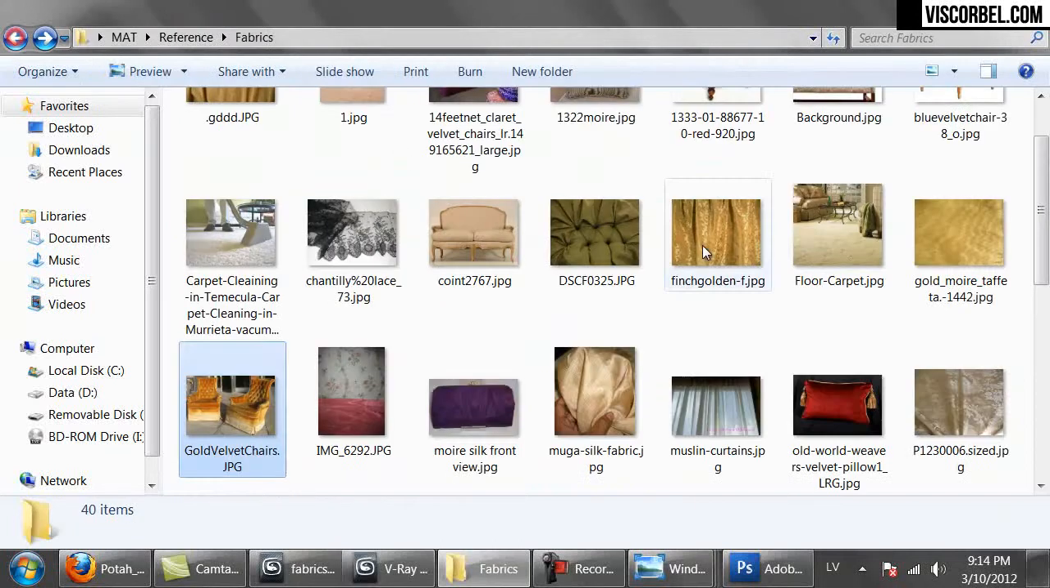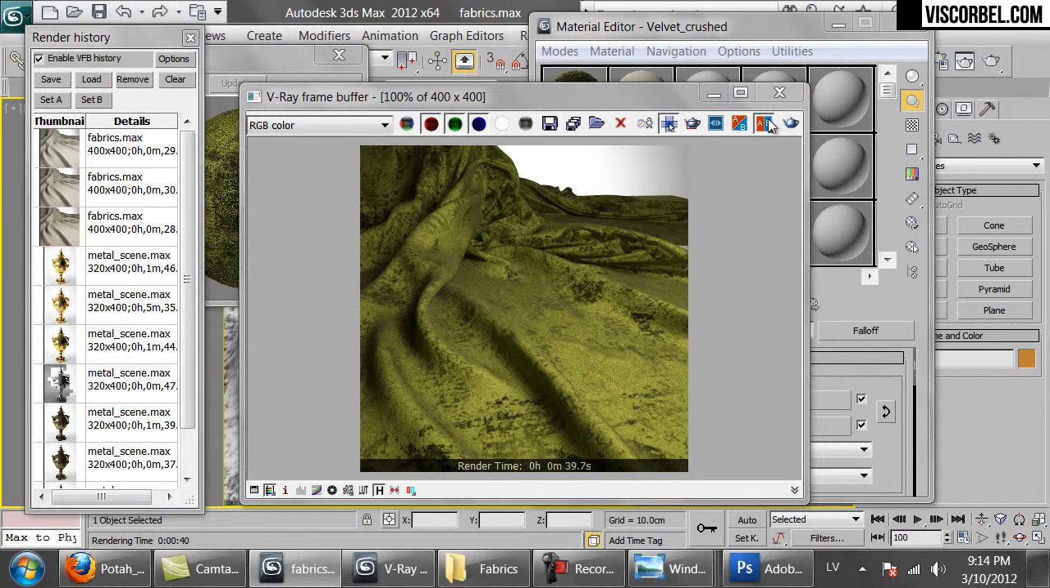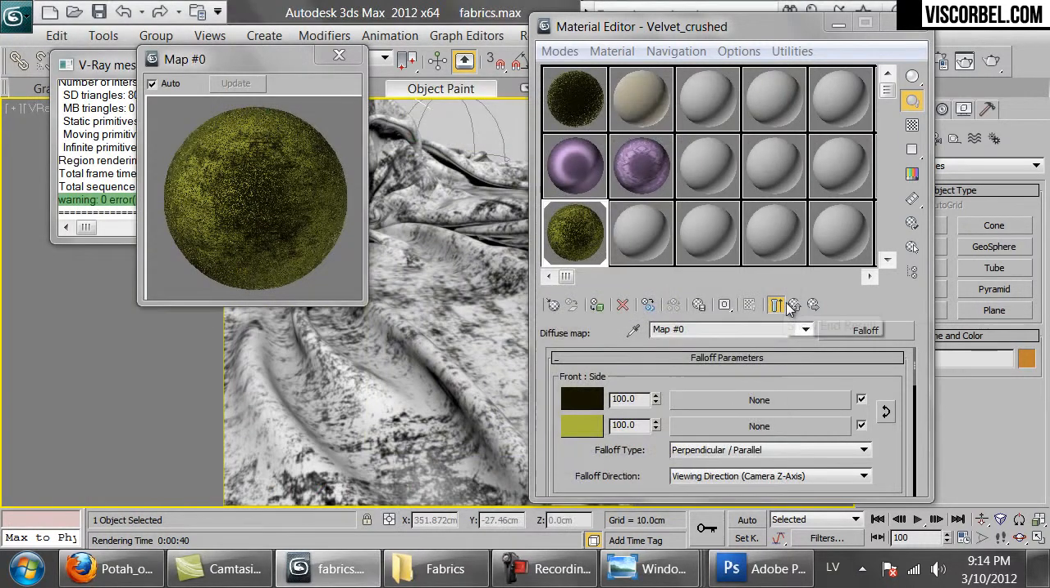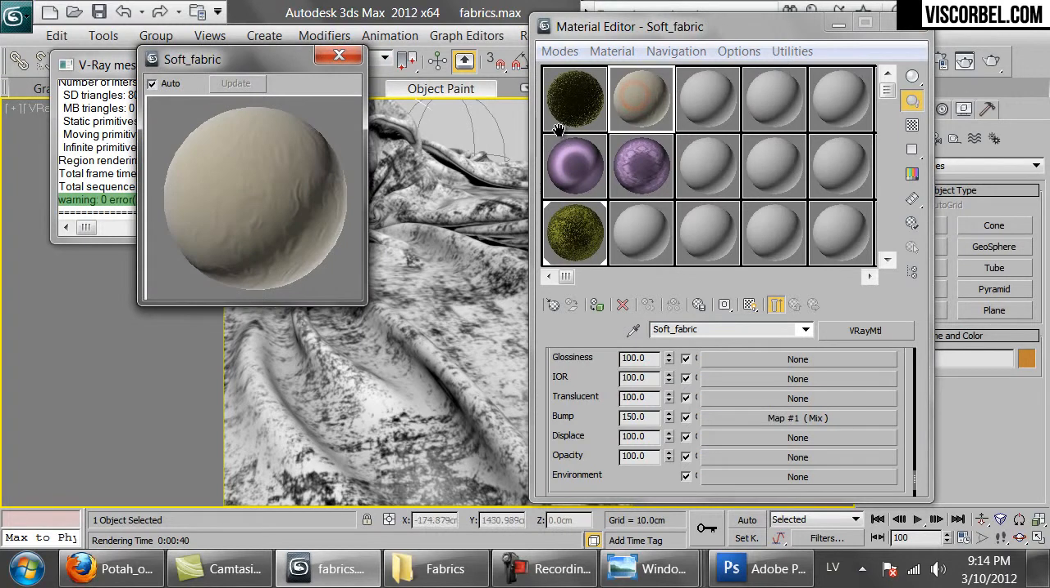Show you that you can use many approaches to get the same result. Okay, let's get back to our basic fabric. So here it is. I'm going to show you how to give it some volume, some